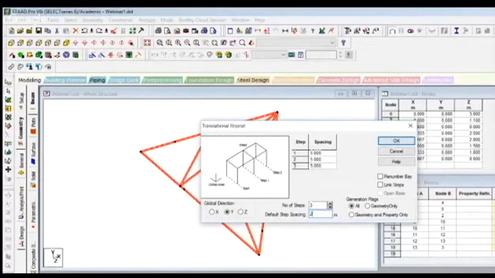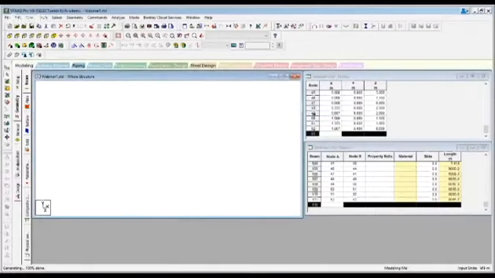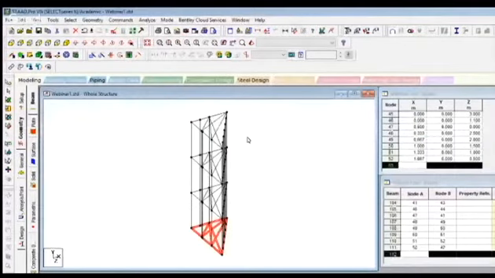Again, there are some options, like link steps. In the previous time, we didn't click on link steps. So now we'll see what happens if we click on link steps. See, you can see the difference.